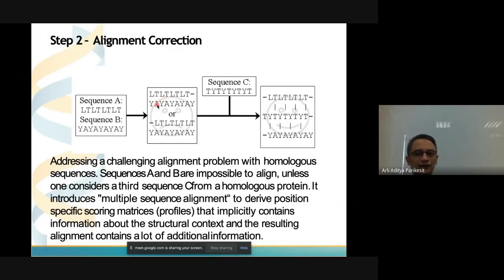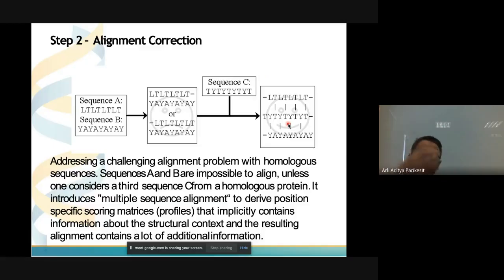To determine which one is correct, you add another sequence. You expand the pairwise alignment into a multiple sequence alignment by adding a homologous sequence C in order to correct the alignment. That is the idea of the alignment correction.